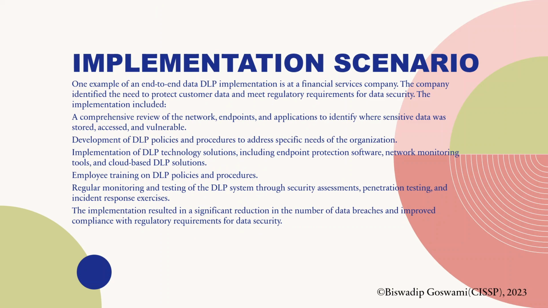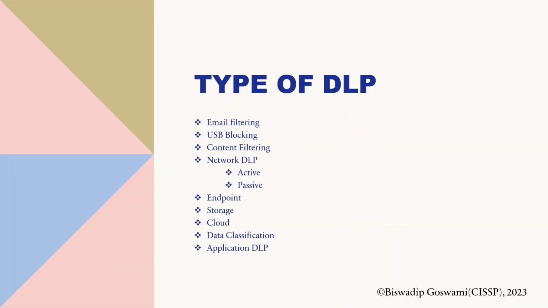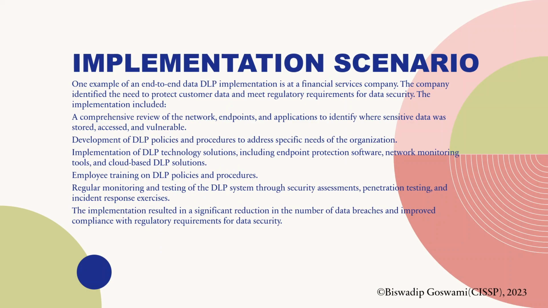One example of end to end implementation is at a financial service company. The company identified the need to protect customer data and meet regulatory requirement for data security. The implementation included a comprehensive review of the network, endpoints, and applications to identify where sensitive data was stored, accessed, and vulnerable. The development of DLP policies and procedures to address specific needs of the organization,